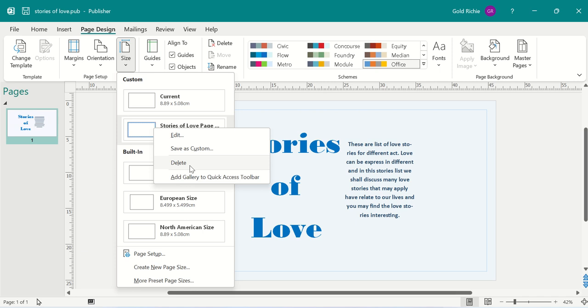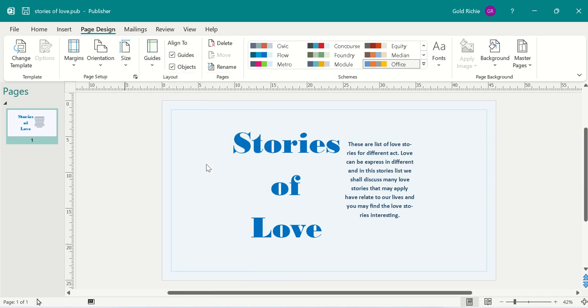It's automatically deleted. Or you want to add the size as a tool, add gallery to quick access toolbar. To the quick access toolbar, you can add the size to the quick access toolbar. But right now we want to delete it. So let's delete it. So you click delete,